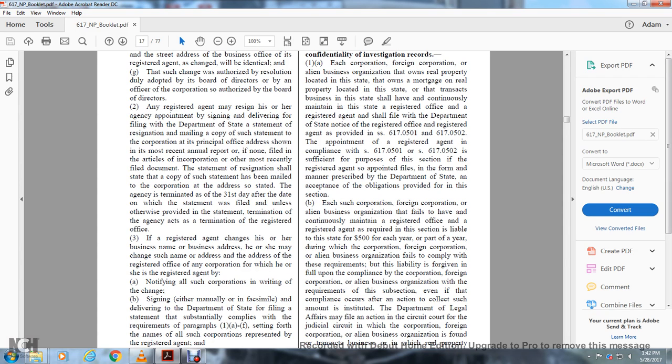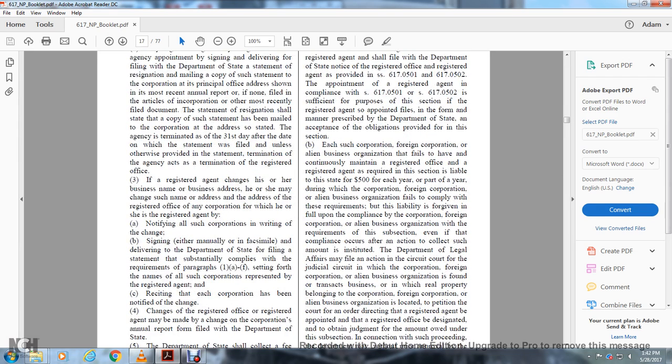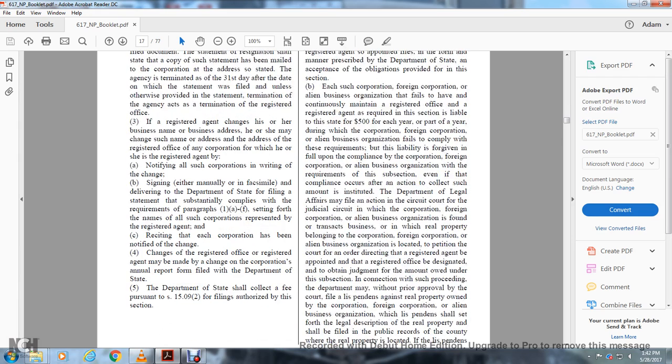unless otherwise provided in the statement. Termination of the agency does not affect the registered office. If a registered agent changes his or her business name or business address, he or she may change the name or address of the registered office of any corporation for which he or she is the registered agent by notifying all such corporations in writing of the change, signing, either manually or in facsimile, and delivering to the Department of State for filing a statement that complies substantially with the requirements of paragraph (1)(a)5, setting forth the name of all the corporations represented by the registered agent,